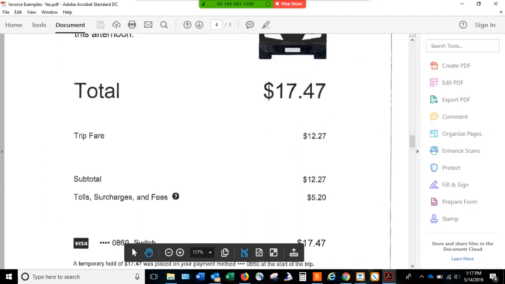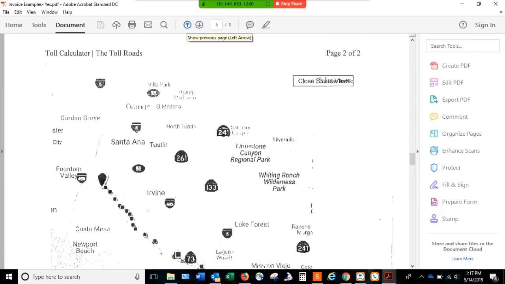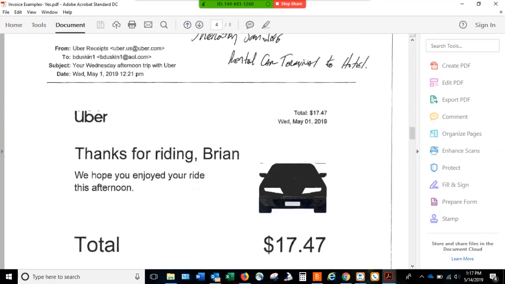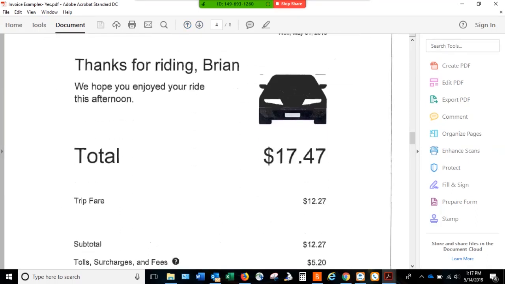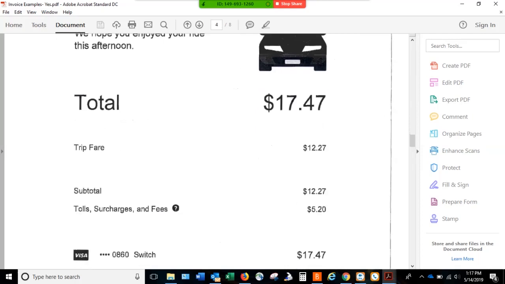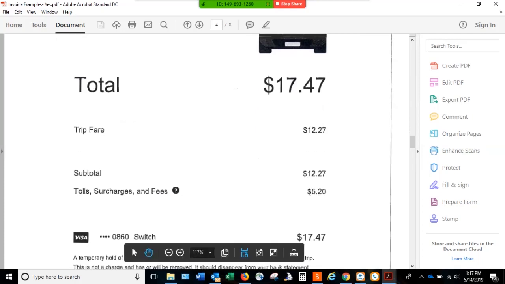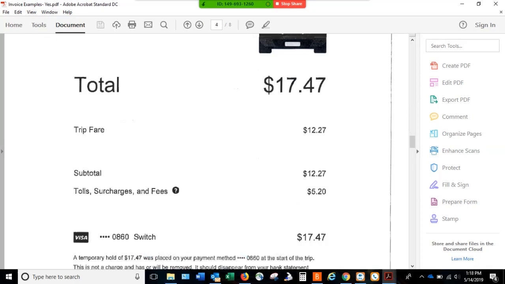Uber. I know Uber is just all credit cards, and there's usually one section here, total Visa. It'll show you right here. If I can get that thing out of the way, why does it want to print? I don't know. Let me go back up one to see if I can get that to go away. For whatever the case may be, it gives me the total, the tip, and everything, what was charged. You don't need to submit all the other stuff. There's like 3 or 4 pages with Uber receipts. This one sheet right here will do it for us